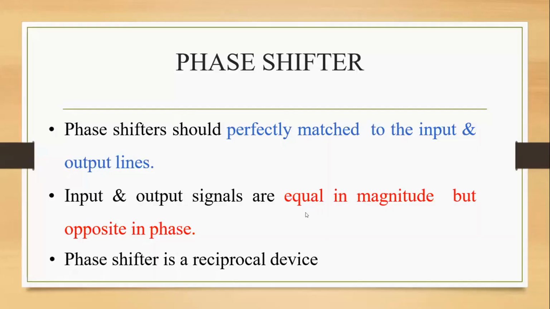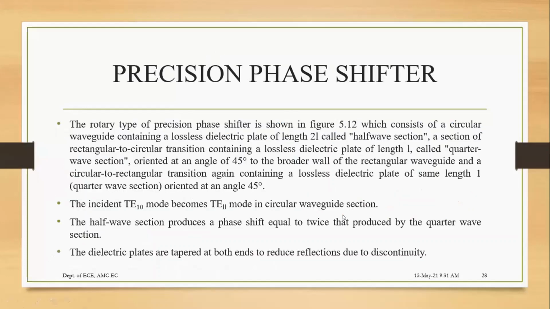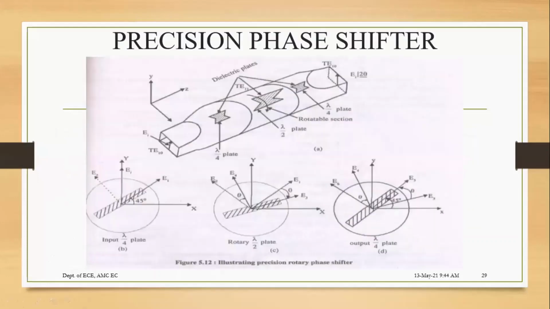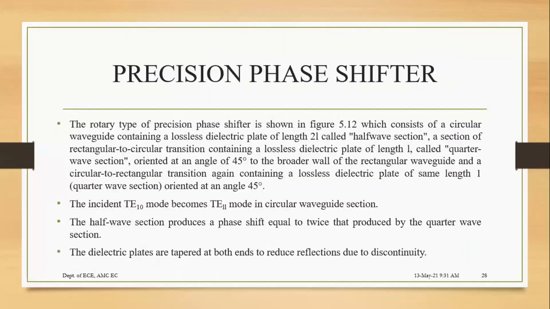So we'll talk about precision phase shifter. You need to derive certain equations for this. What she has told you already, the total E6 equations of electric field, you need to derive it. Now coming to this precision phase shifter, as she has told you already, you have a quarter wavelength, you have